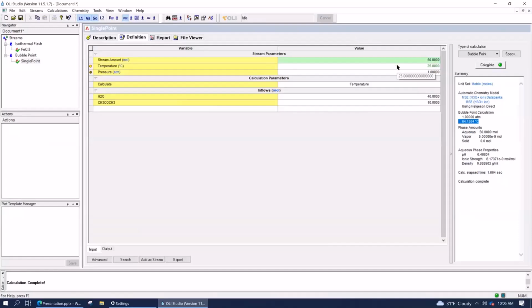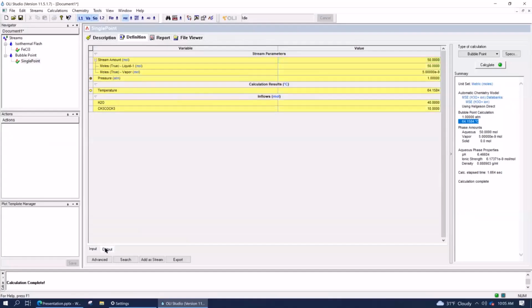Okay. Yeah. Now, but here's a good point though, right? So it gives me an opportunity to explain something else. This grid here is our input grid. This is what we're starting with, right? And we always need a way of saying, well, what's our reference point? Even thermodynamics has a reference point. We're saying, okay, what did we start out with, and where did we end up? So this grid here shows us where we started. And in fact, if you look in the lower left here, it even says input. If you were to click on output, then in fact you would see the new temperature.